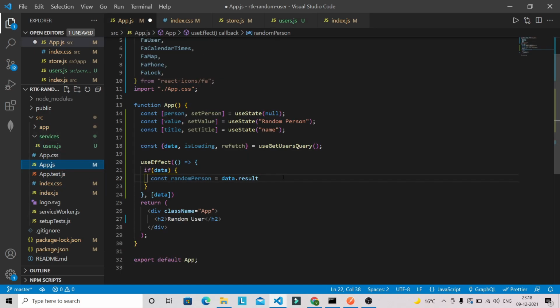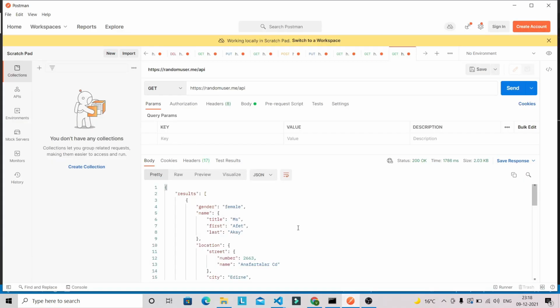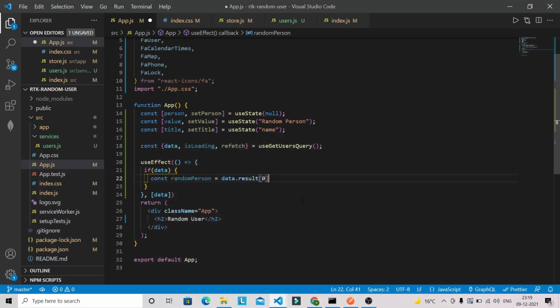So we can get that random person user detail with this 0th index, because it will always be a single array of objects. If you look at my Postman, the result is basically nothing but a single array of objects, so it will always be present at 0th index.